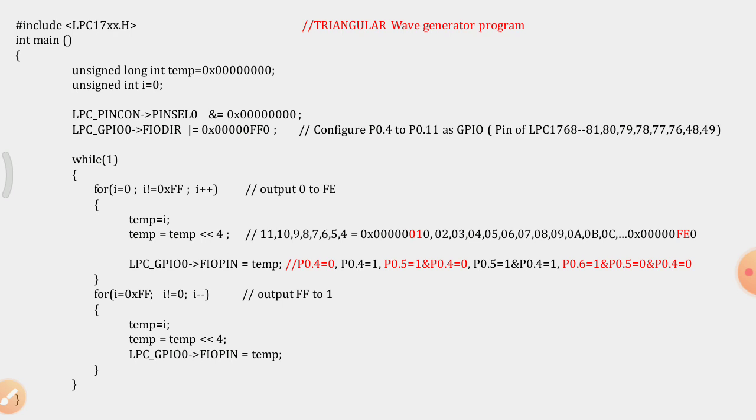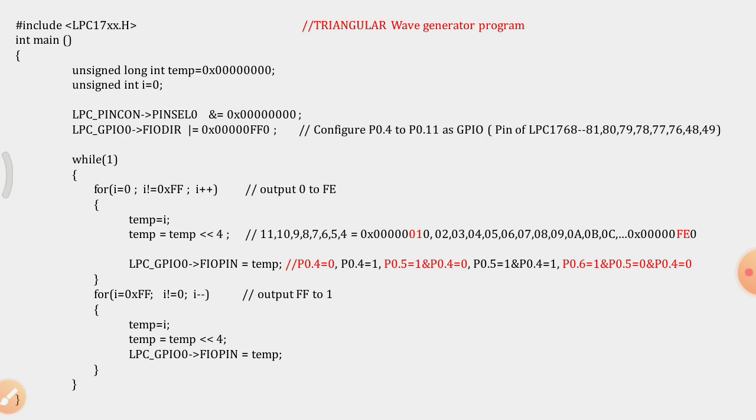Then the same temporary register value is shifted 4 times to the left side. It means it is going to be updated now. If I shift 4 times to the left side, then the starting bit of this temp will have its value from the 4th bit, that is bits 4, 5, 6, 7, 8, 9, 10, 11 are going to be activated here.